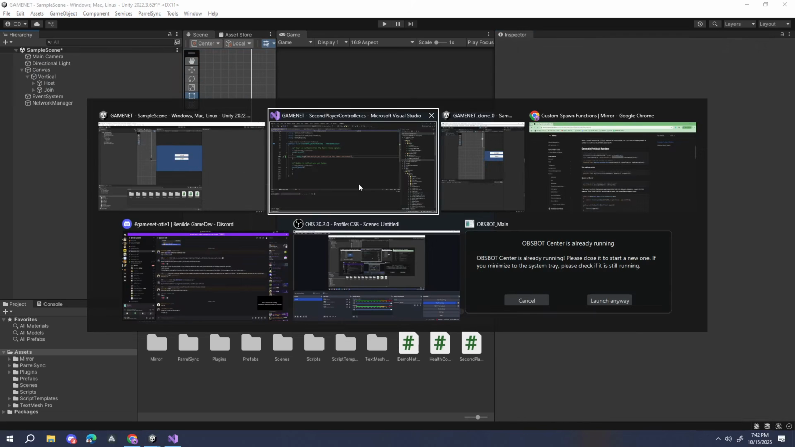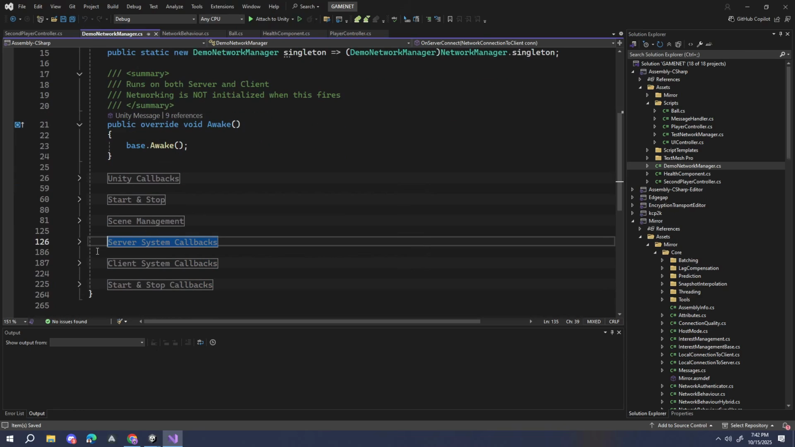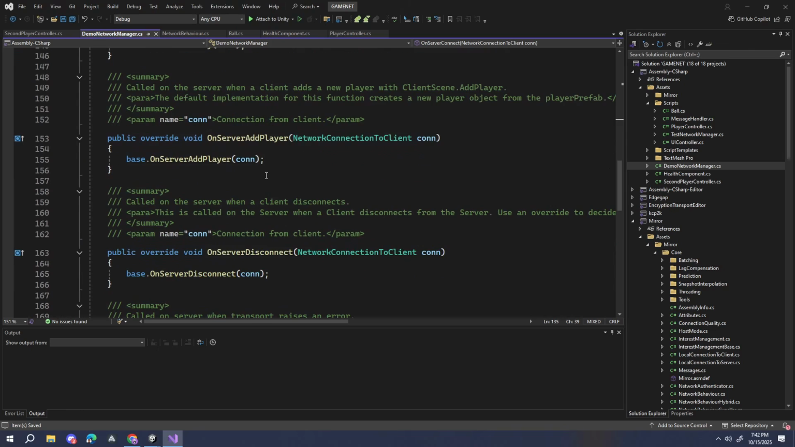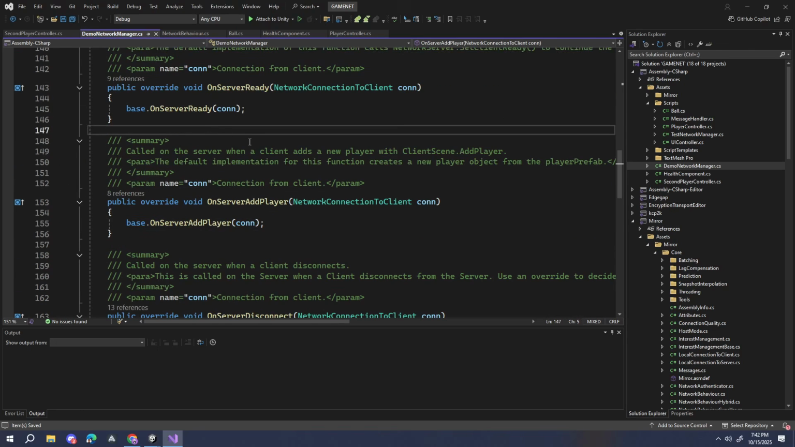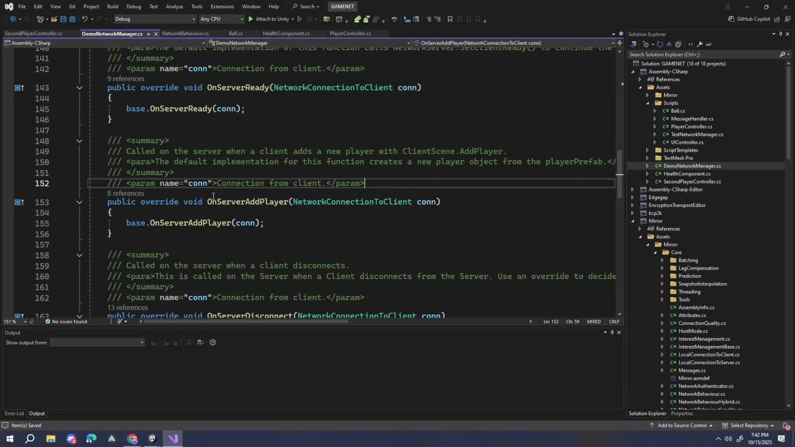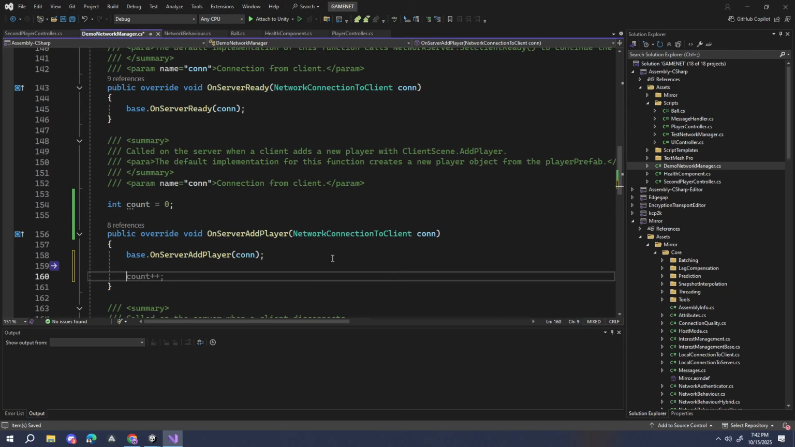And on our demo network manager, we have to enable the one that you want to work on. So let's say on server add player, this one. Let's say anyone but the first player will have the different control. We have a count of 0. If count is equal to 0,